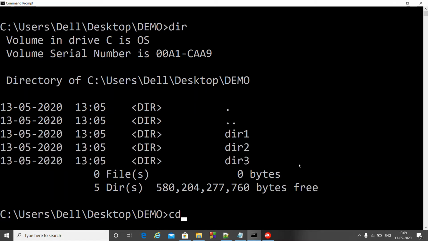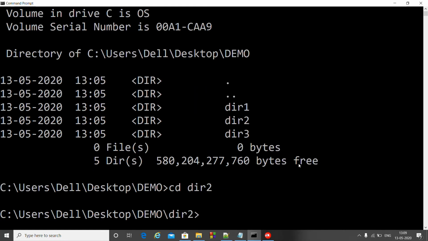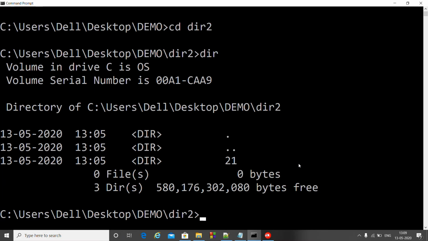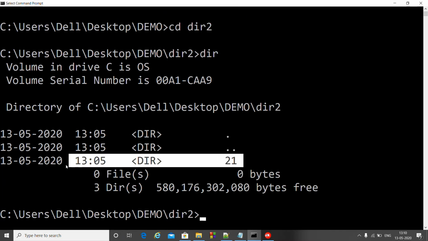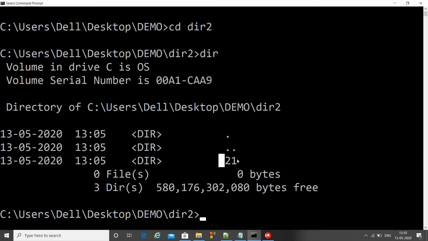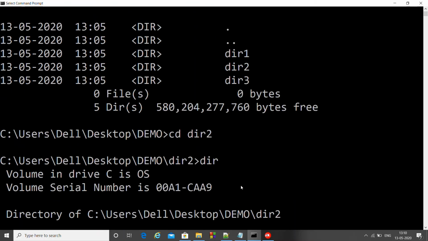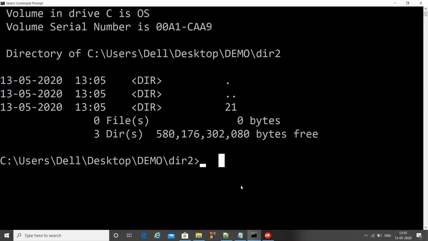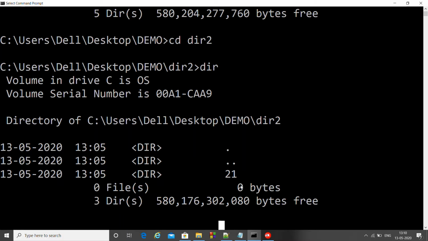Suppose we go to dir2 using the cd command, and if we trigger the dir command here, it will show the contents. It will show the directory 2.1 that we had created earlier. In this way, the dir command can be used to list the contents of the directories.